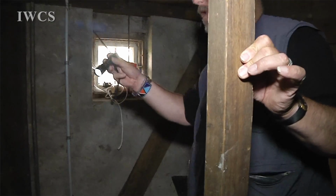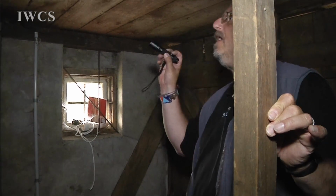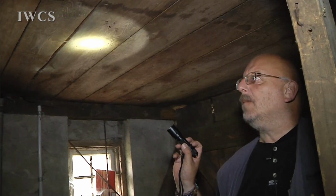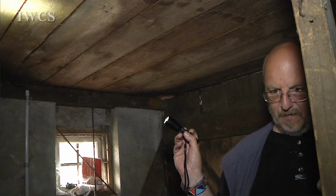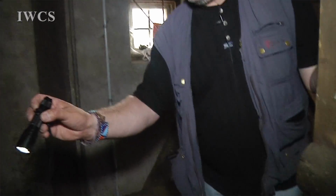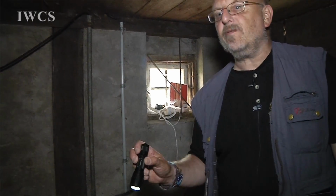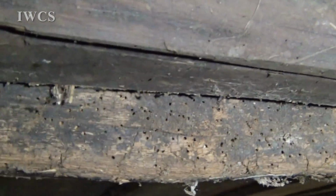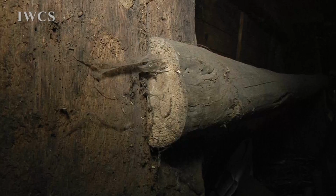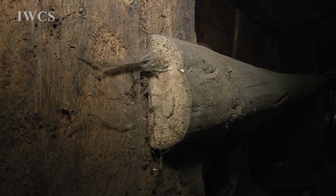Just look around right here. You won't find insect attack in these boards up here because they were renewed after the treatment. But if you look at some of the pieces right here, you will see the very, very intensive attack by insects which was going on in former times. And these are some original timbers, not from the building period. We don't know how often timbers have been renewed in this